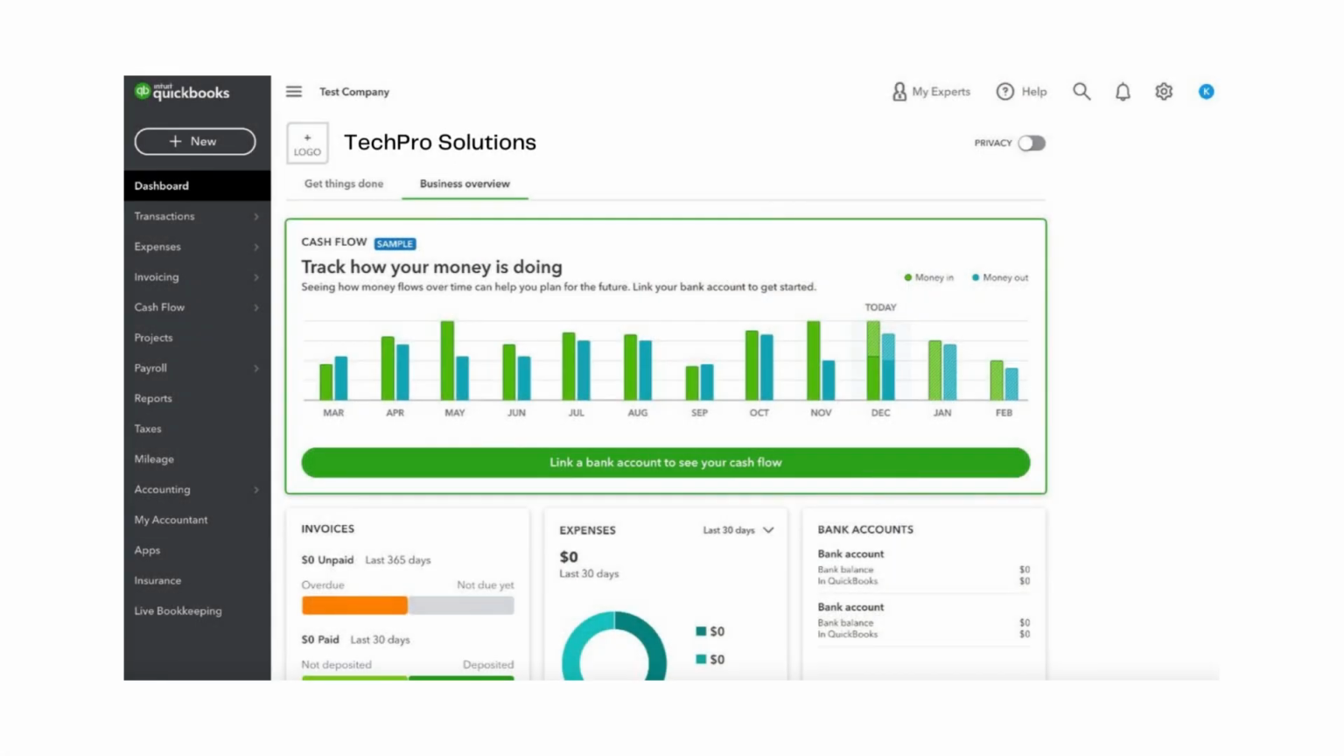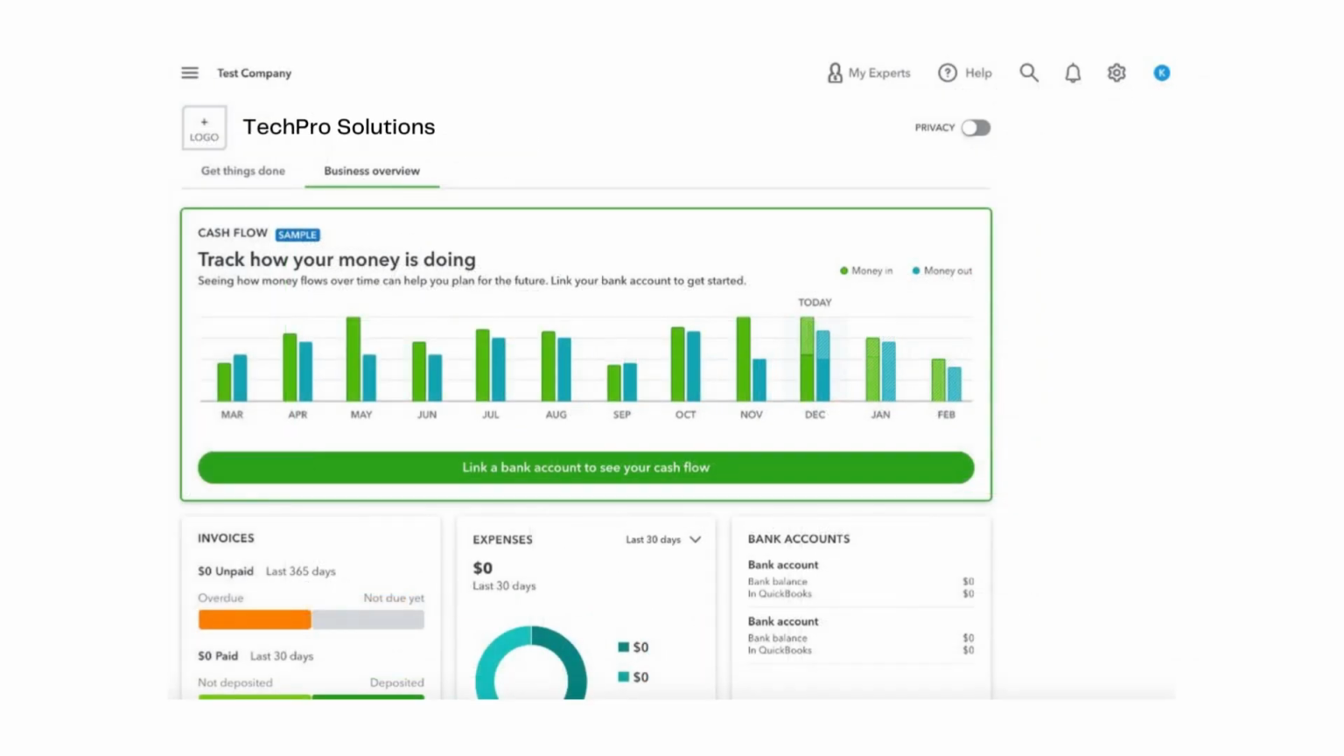Welcome to the QuickBooks Online dashboard. Up here, we have your company name and logo. Today, we're looking at Tech Pro Solutions, which is the sample company. On the left, we have the nav bar, which includes the new button at the top. This is where we perform most of our day-to-day tasks, like running reports and other important activities. If you prefer, you can hide the nav bar by clicking on the 3 lines up here, giving you extra space. In the top right corner, we have My Experts, Help, Search, the notification bell, settings, and a link to